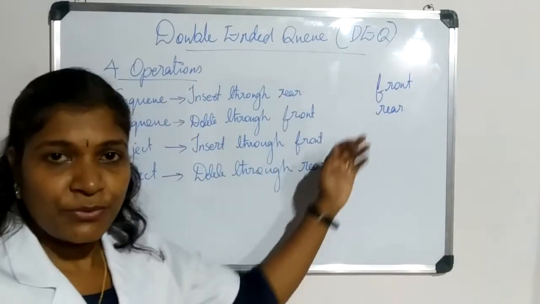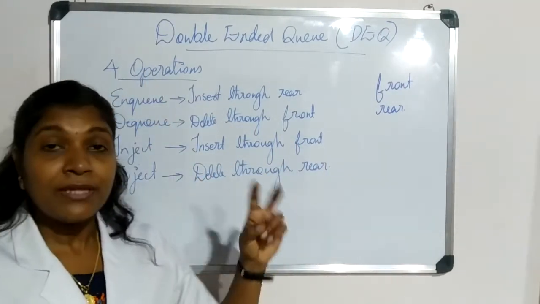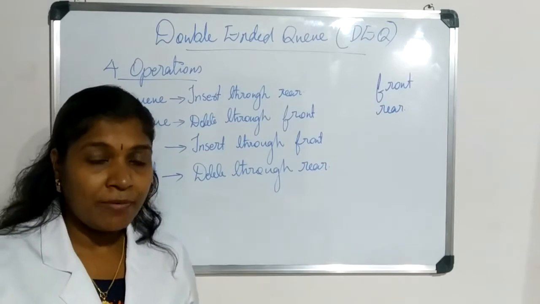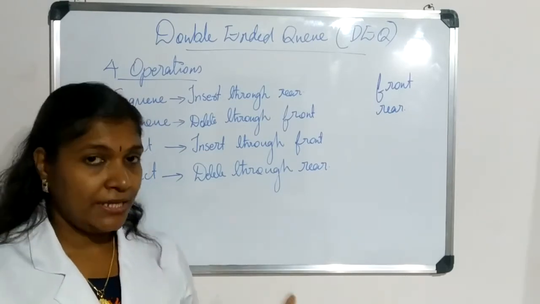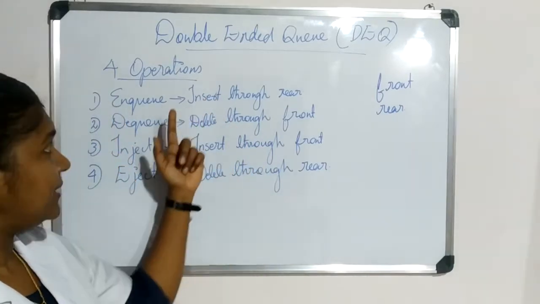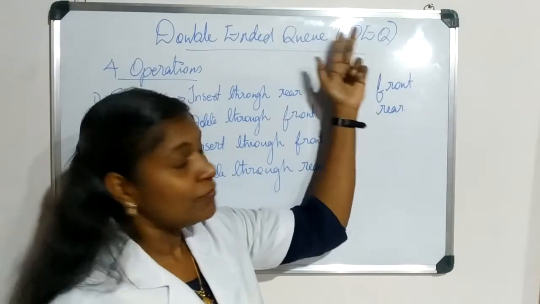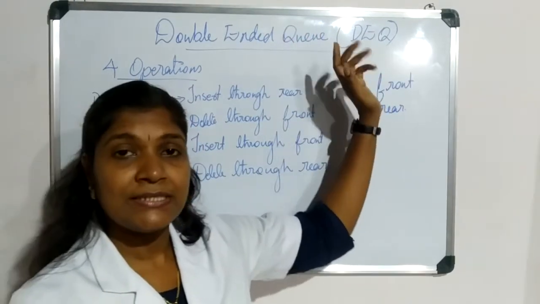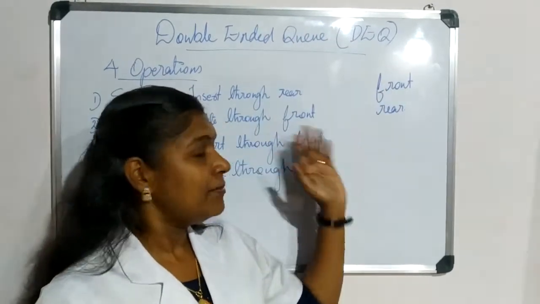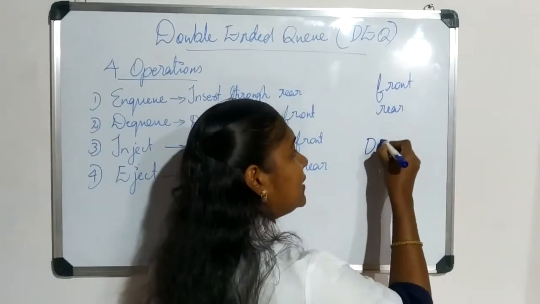I hope you know this, right? So in our double-ended queue, there were 2 operations. Which were the 2 operations? NQ and DQ. The short form for double-ended queue is deque, and we will be using an array here as a deque of size.